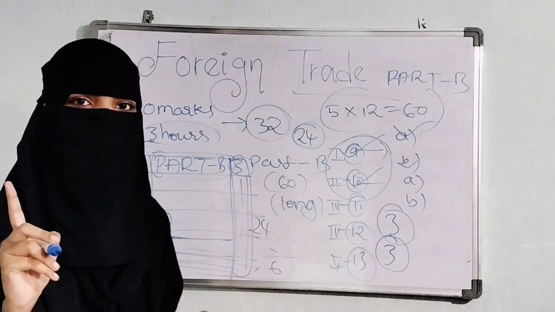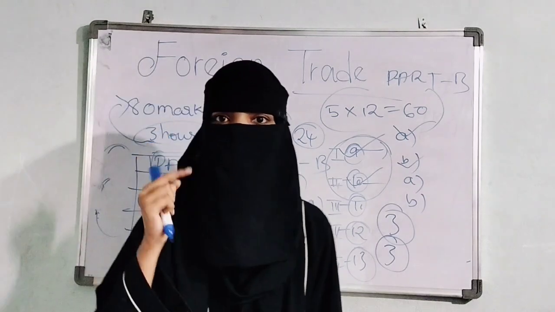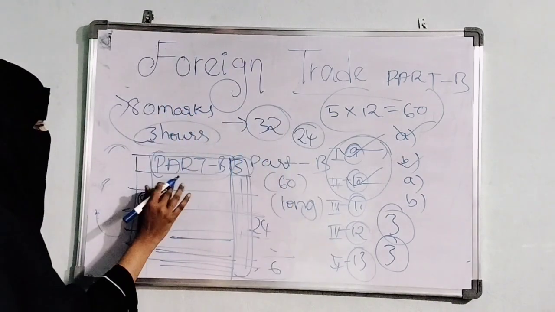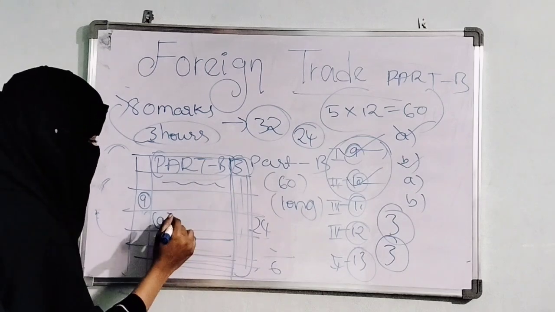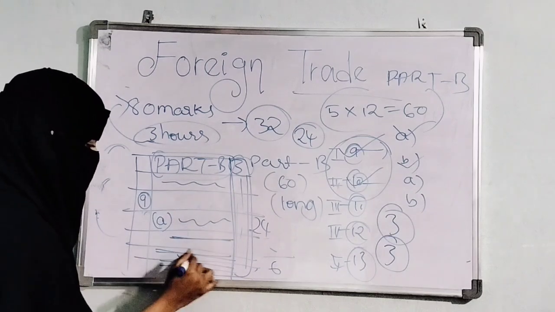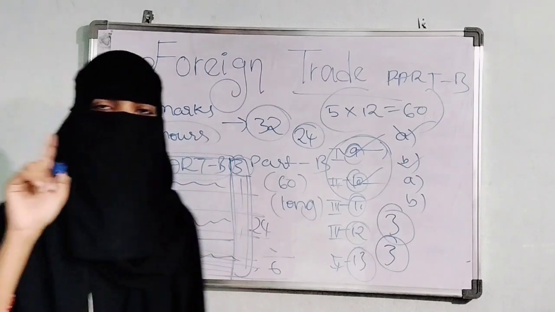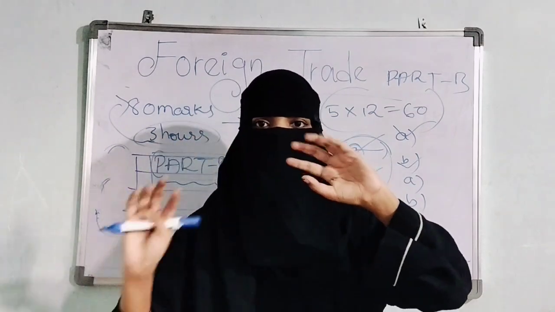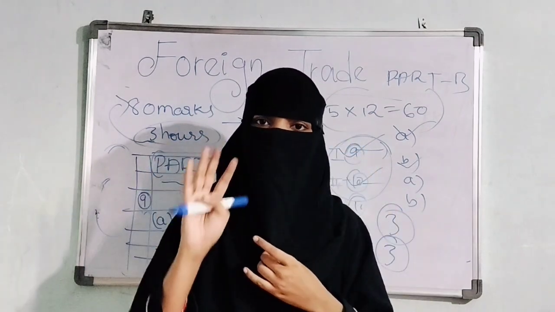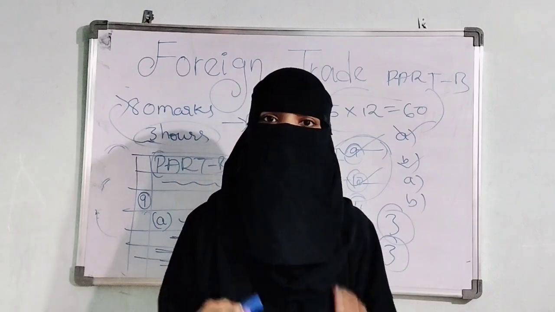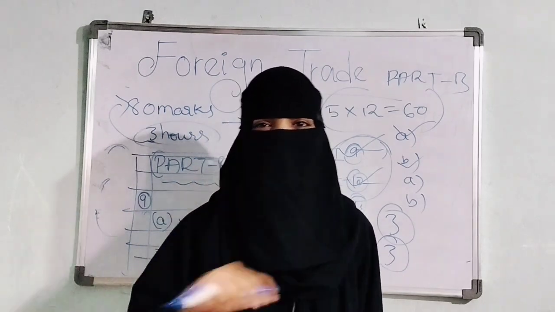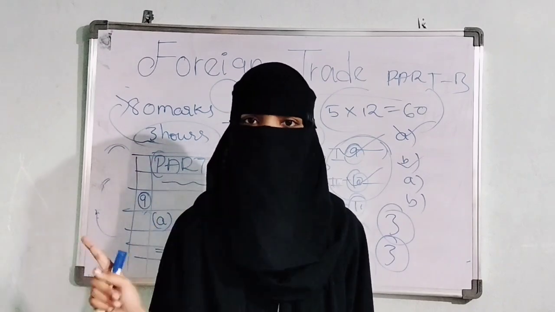Here is how the paper presentation should be. Don't leave line to line. Few students are doing like this: if this is the answer booklet, they are writing here, they are leaving this line, again writing here, leaving this line, again writing here. No, don't do that. Don't leave lines. You can change the paragraphs, you can change the passages and write. After completion of one question's answer, you can leave the line. But writing the whole answer by leaving lines is not correct.